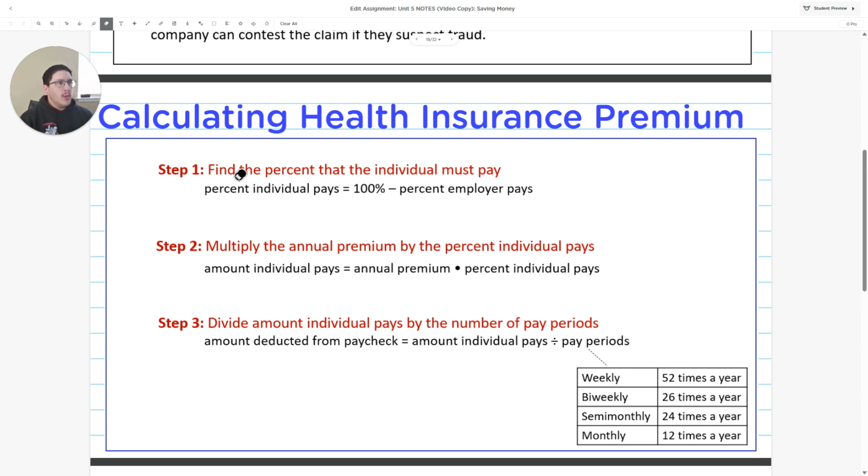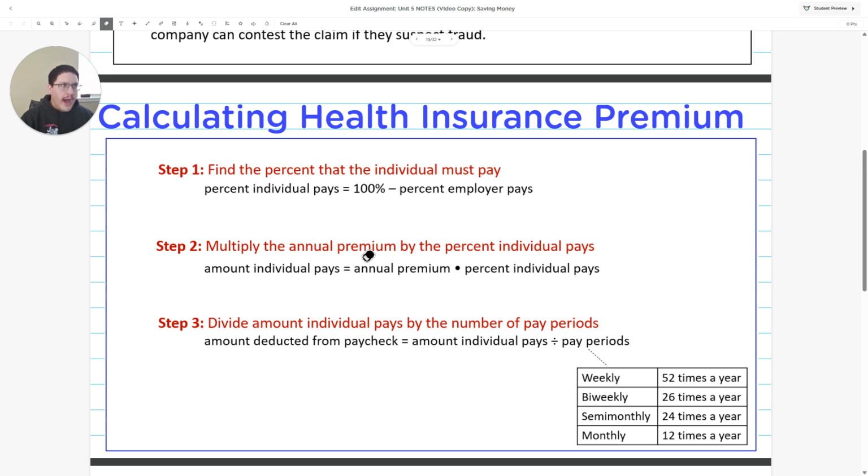So step one, we're going to find the percent that an individual must pay. Step two, we're going to multiply the annual premium by the percent the individual pays. Because one of the things that you will find out is that when you get a job, they offer health